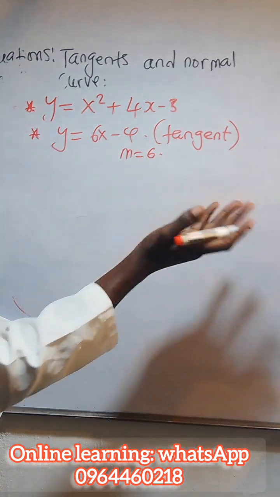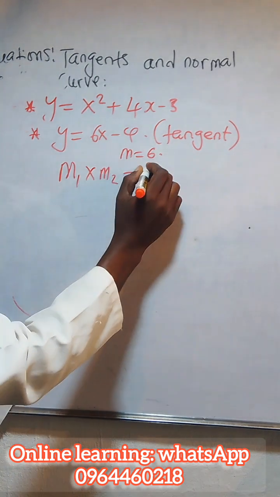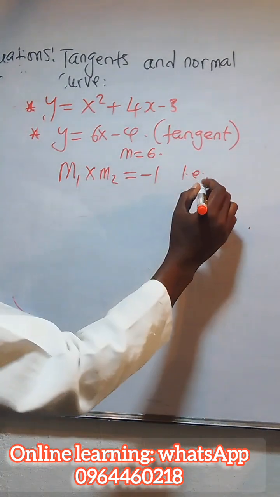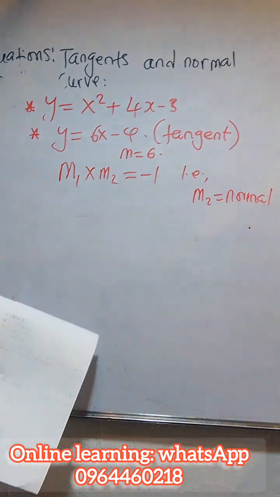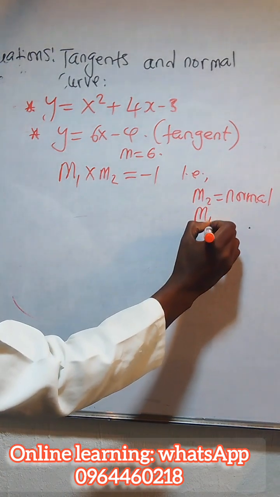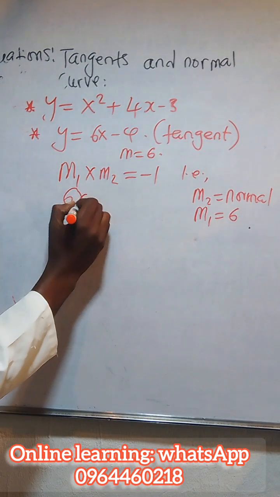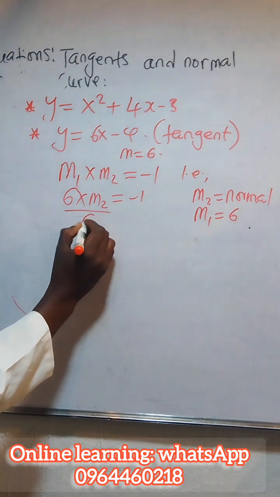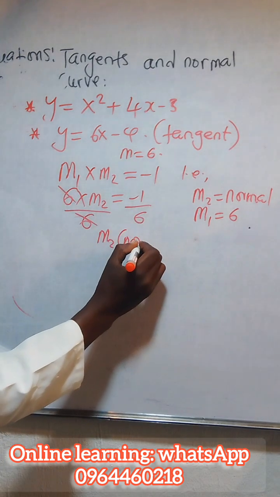Since the tangent and the normal are perpendicular, m1 multiplied by m2 equals -1. Now m2 is the normal and m1 equals 6. So we substitute: 6 multiplied by m2 equals -1, and this is going to be 6 by 6, and this goes. So our m2, which is the gradient of the normal,